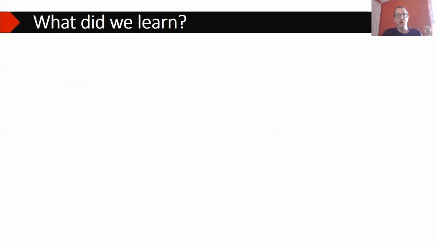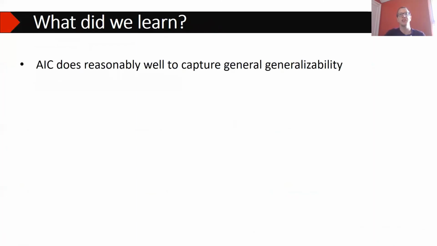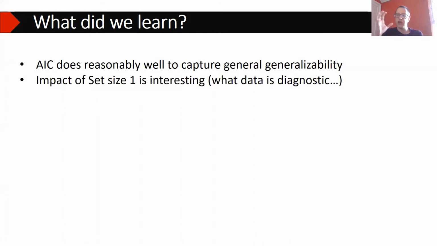So what did we learn overall? Well, we learned that the AIC does reasonably well to capture generalizability, which is great. So while we obviously want to advocate for cross-validation, which is what we started out with, it doesn't seem to matter as much here. So I think you can probably save that numerical effort, at least when it comes to this kind of general cross-validation. I think the situation is much more interesting when you start being interested in making very specific predictions about,